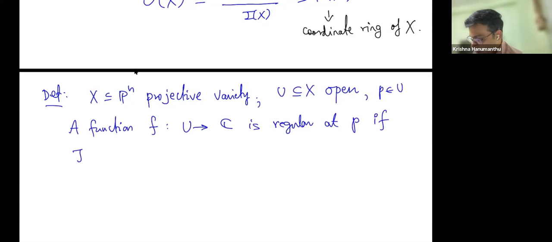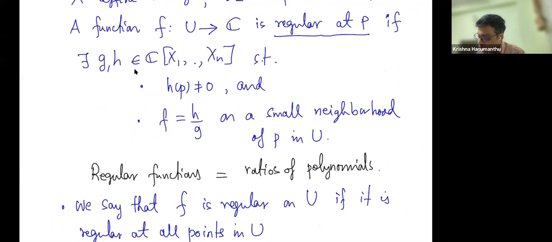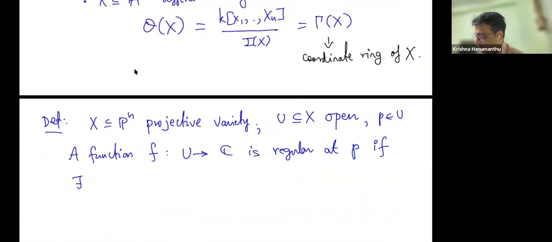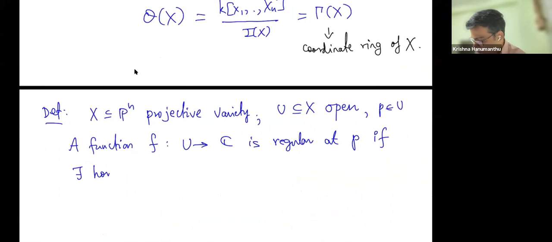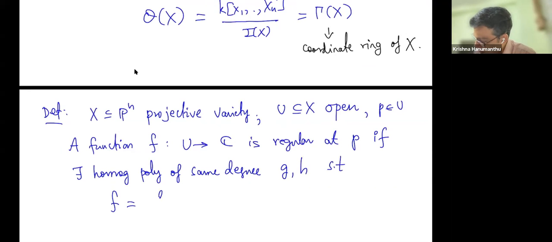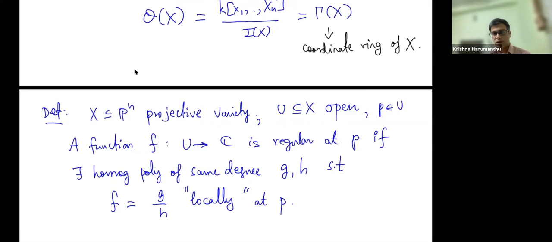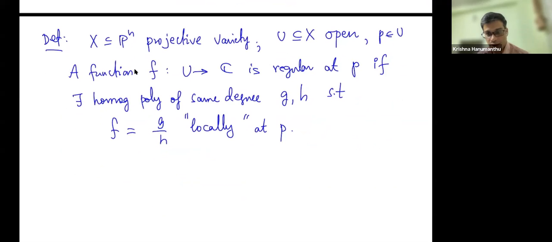if, now, unlike in the previous case, when we wanted two polynomials, we of course want polynomials, but it's not enough that they're polynomials. They must be homogeneous polynomials. Not only are they homogeneous polynomials, but homogeneous polynomials of the same degree. Let's say G and H as before, such that f is G by H locally. By which I mean the previous statement that around a point P, f is evaluated by computing G of P divided by H of P. In particular, we want H to not vanish at P, and not just at P, but in a neighborhood